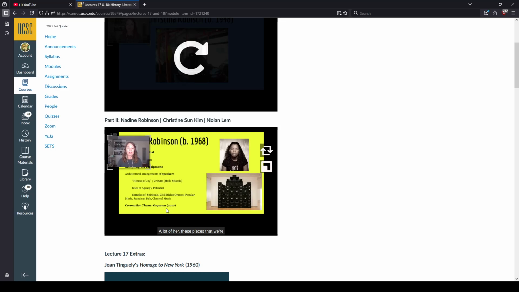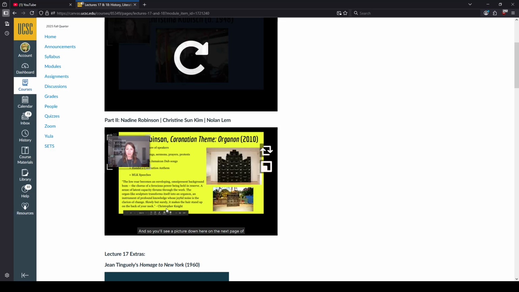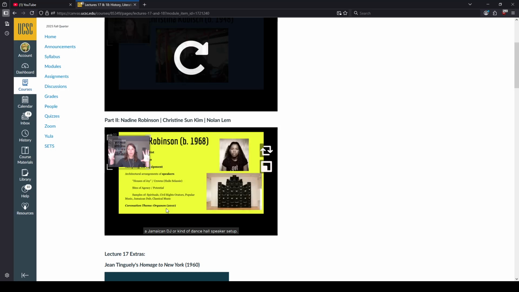A lot of these pieces that we're going to look at are largely arrangements, as you can see here, of speakers in these kind of architectural ways. And she was in large part inspired by the speaker arrangements of Jamaican dub musicians and Jamaican DJs. And so you'll see a picture down here on the next page of a Jamaican DJ or dance hall speaker setup. And in Jamaica, these speaker arrangements were often called houses of joy, which Nadine Robinson is really